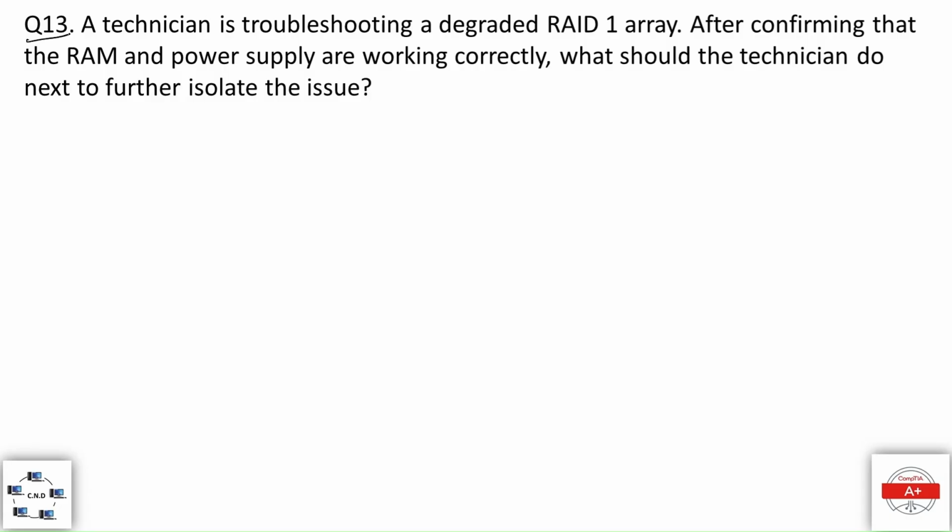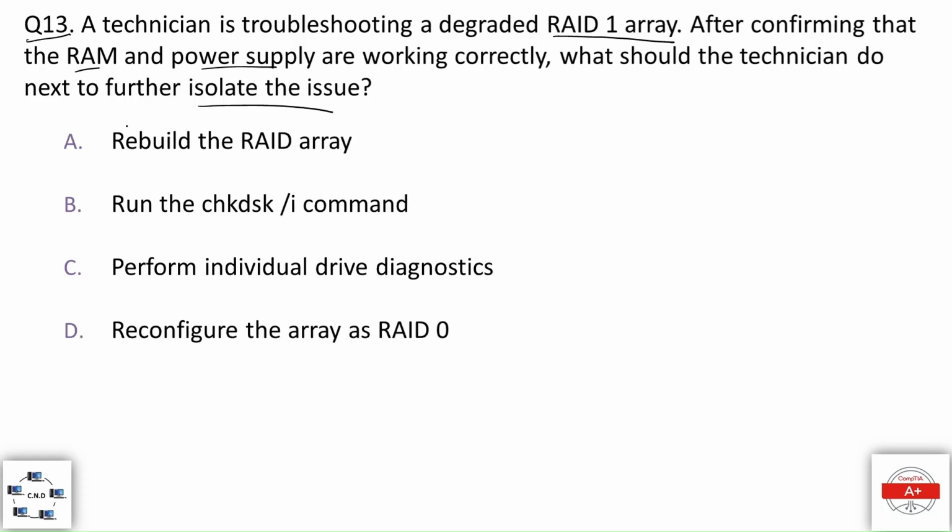Question number 13. A technician is troubleshooting a degraded RAID 1 array. After confirming that the RAM and power supply are working correctly, what should the technician do next to further isolate the issue? And the options are: option A, rebuild the RAID array. Option B, run the chkdsk /I command. Option C, perform individual drive diagnostics. And option D, reconfigure the array as RAID 0. And the correct option is